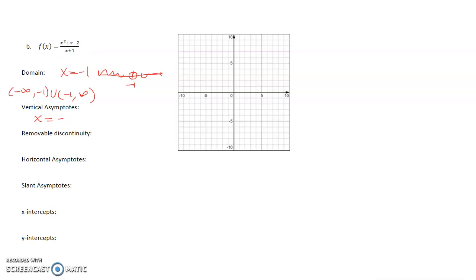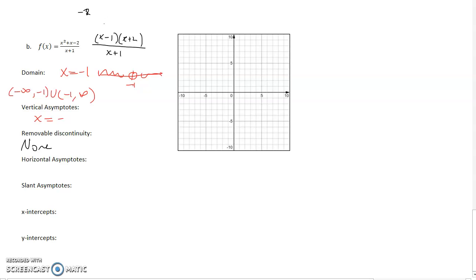So one thing we want to do is, at this point, it's pretty smart for us to go ahead and factor the numerator. X squared plus x minus 2. How could we factor that? Well, I'm looking for numbers that multiply up to negative 2 and add up to 1. I think it would be x minus 1 and x plus 2 over x plus 1. Removable discontinuities. We were really close here, but none of these factors match up, so there are going to be no